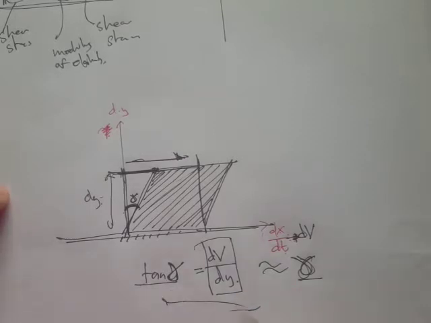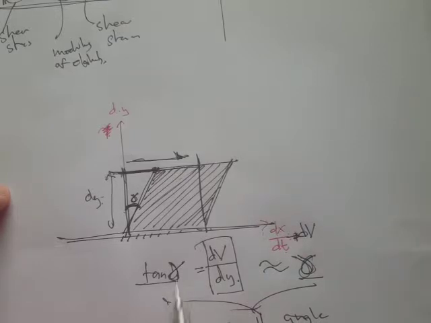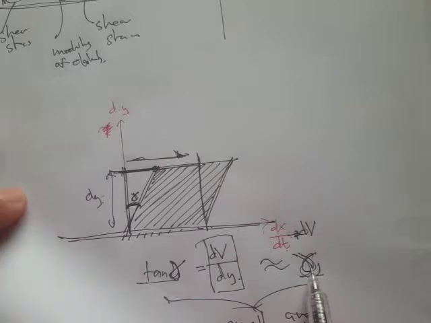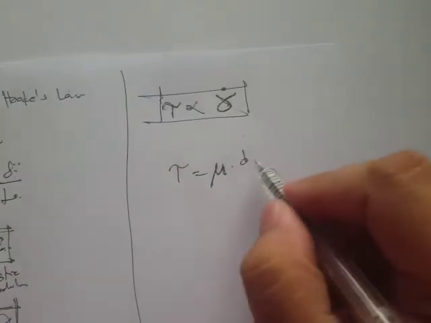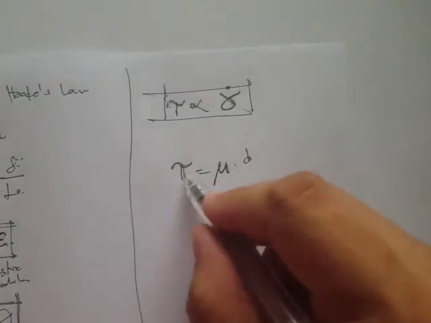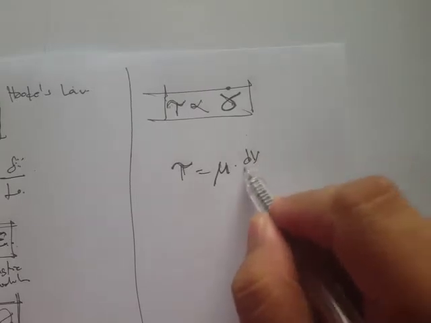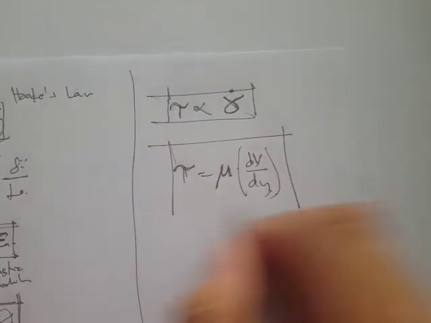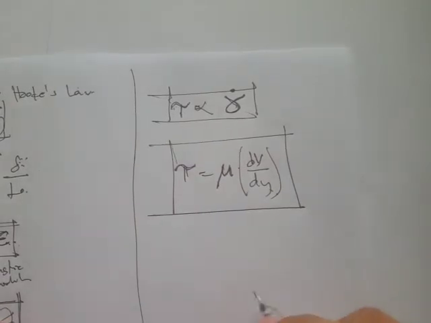That's the small angle approximation. Because this is very small, then it's just the same. Therefore, we can write here that the shear stress is directly proportional to the rate of shear strain, or this equation, right? So this is now the relationship for fluids,